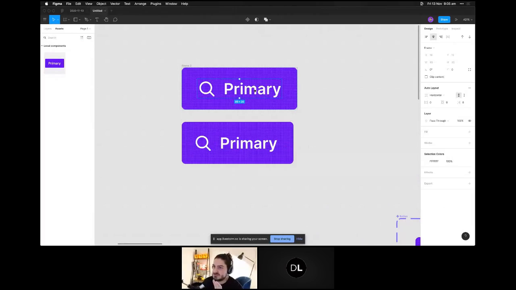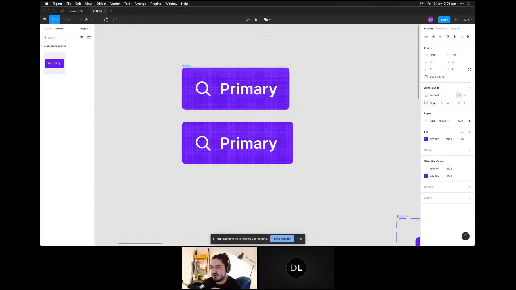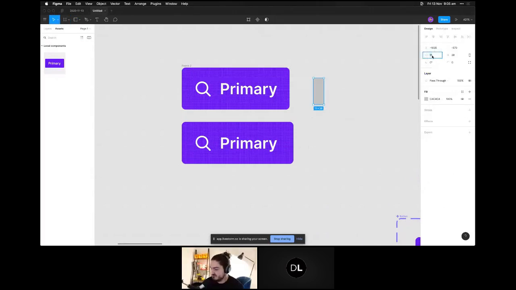So what this allows us to do is if we then look at this, we can say, okay, well, actually, I want 12 to be on this side and then 16 to be on this side. So what we have to do is we actually have to make it down to 12 there. So if we set that to 12, what we can then sort of see is that it looks a little bit too close on this side. So that's where we add the spacer back in. So if we create a spacer that is 4 pixels wide and 20 pixels high, so 20 pixels high to be the same height as the text and as the icon, what we can then do is we can drag